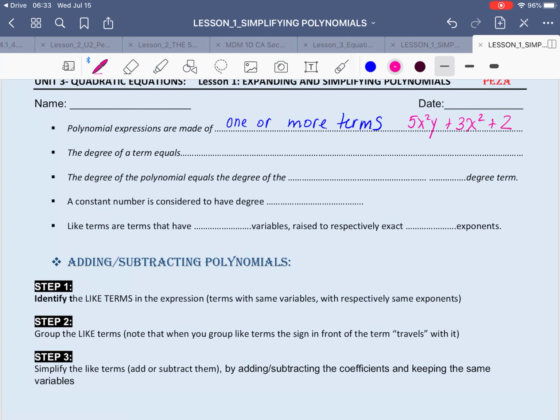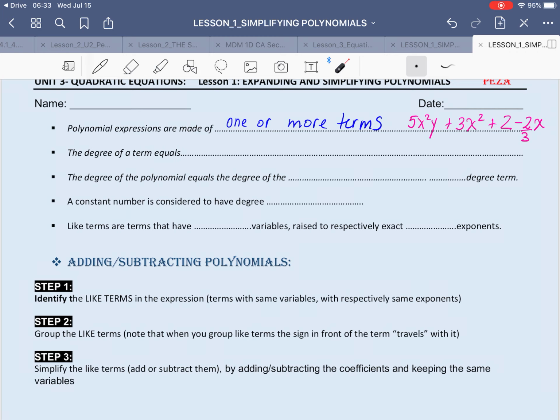So this is a polynomial expression, and I am going to add one more term in here. And in this polynomial expression, we have 1, 2, 3, 4 terms that are either added or subtracted to each